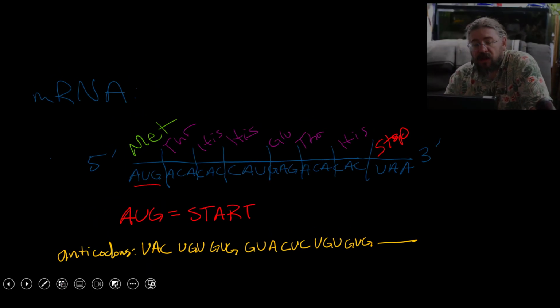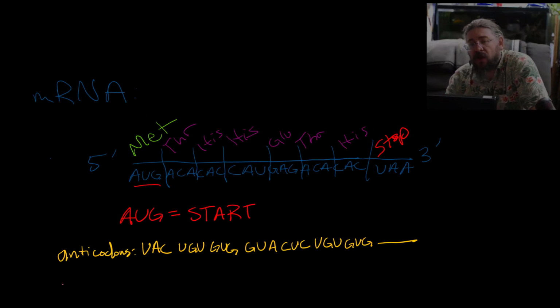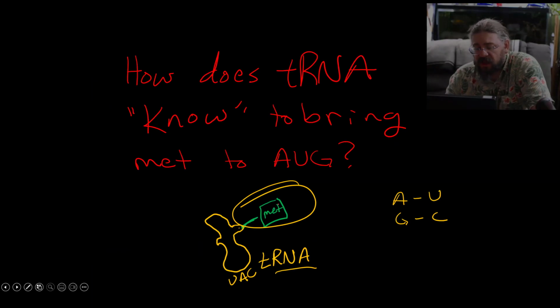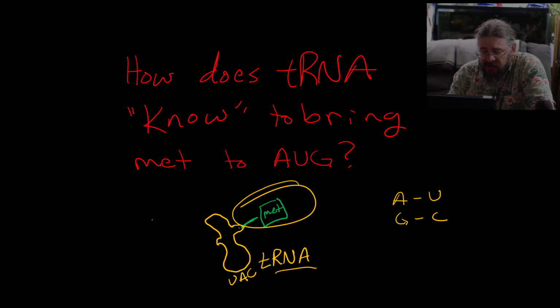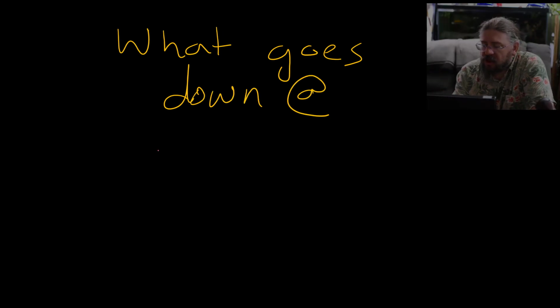Important notes. So, not too bad. Now we know why a tRNA can bring a specific amino acid to a specific codon. tRNA itself has anticodons that can just hydrogen bond up to the codon. And next up, we'll talk about what goes down at the ribosome